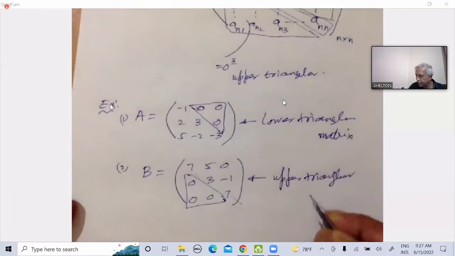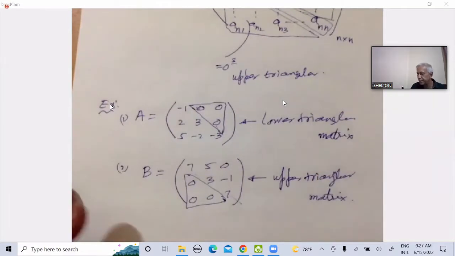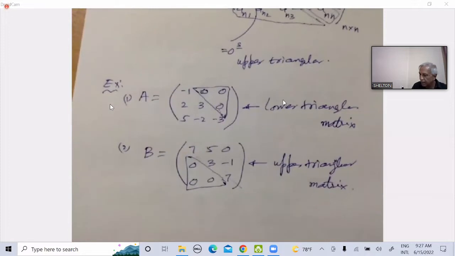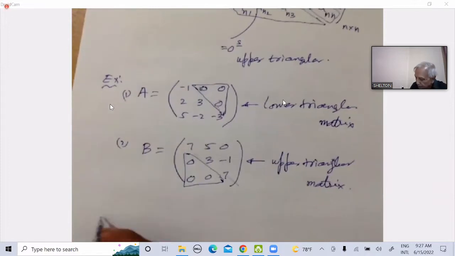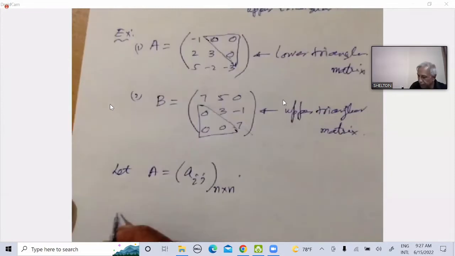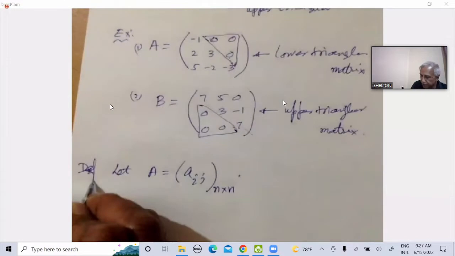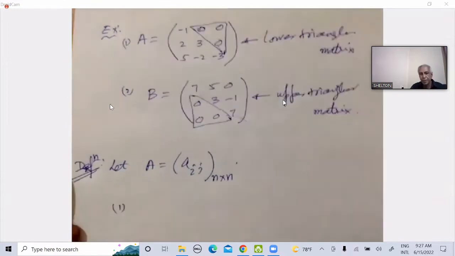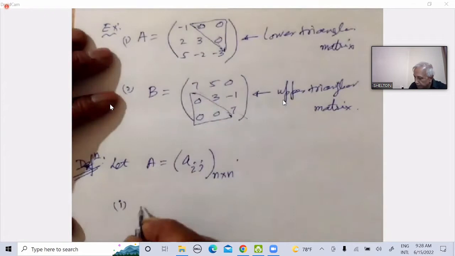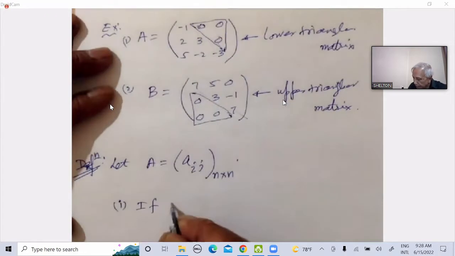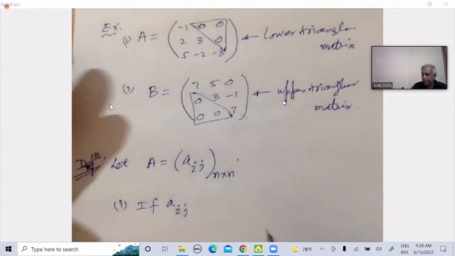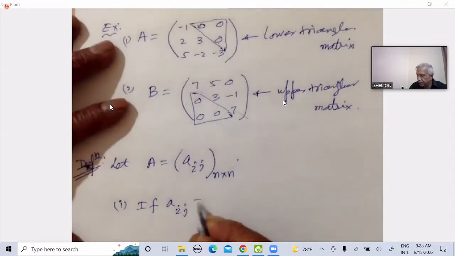So how do I define it using Aij? Upper triangular matrix. Let A be equal to Aij, n by n. If first one, we can call it a definition. First one, if Aij equal to 0 for